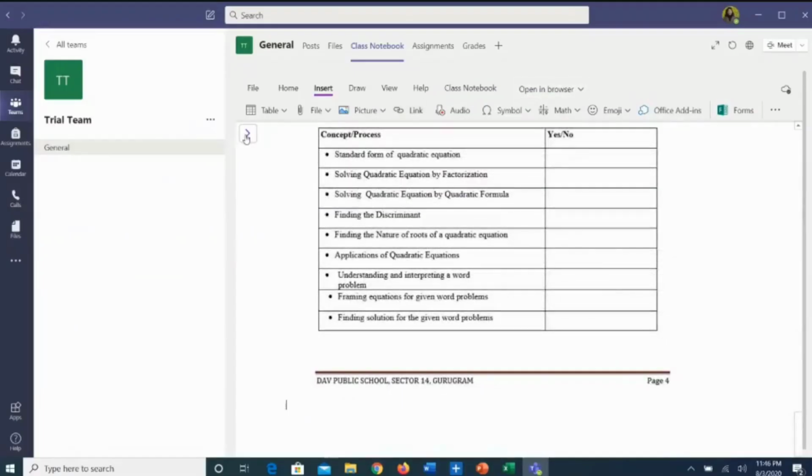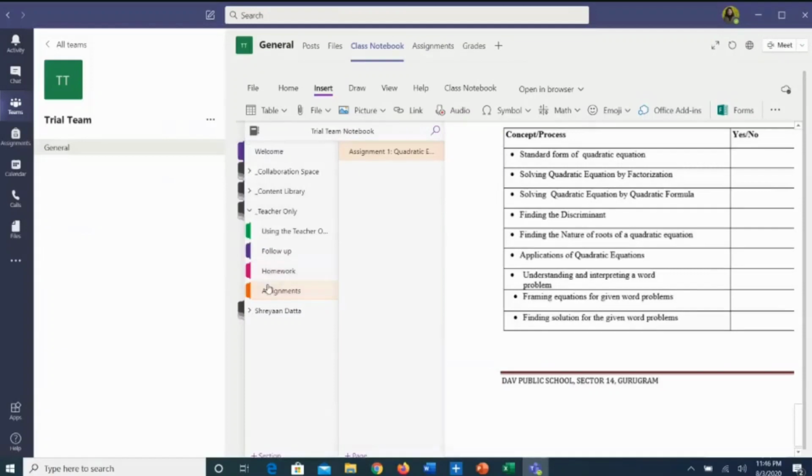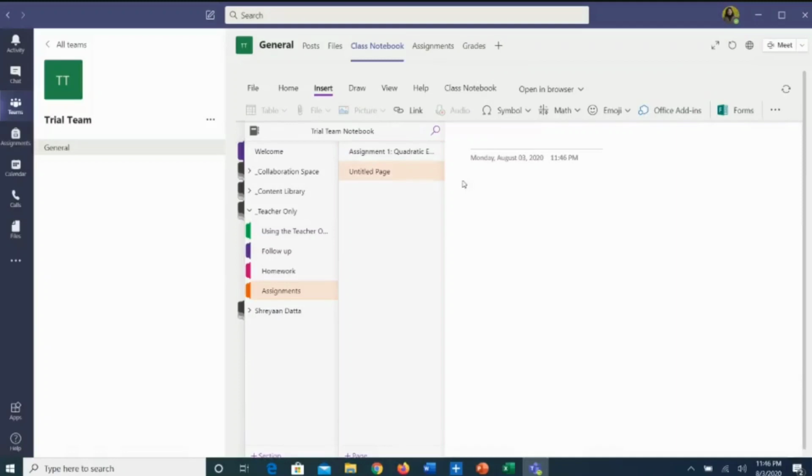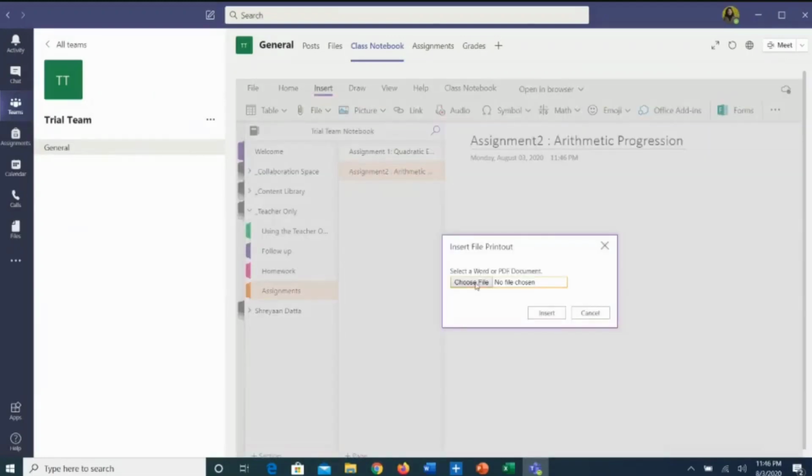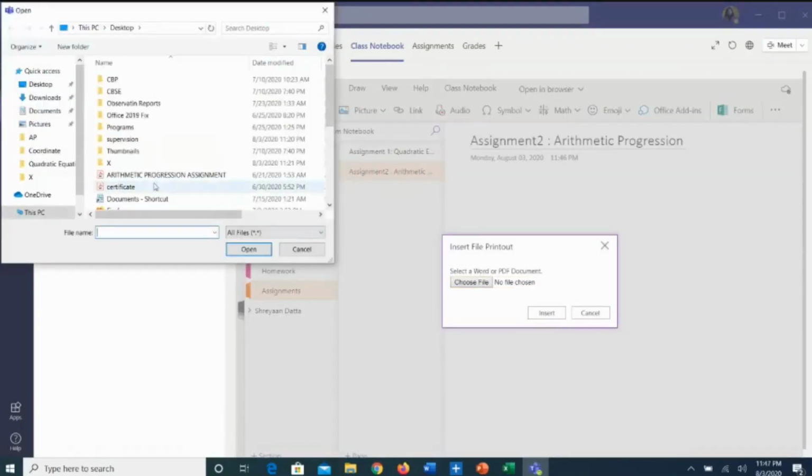Once this is done, I again go to the navigation panel, and I'll add one more assignment. I just go on to the assignment, and I right click here. On right clicking, what do I get? I just go on to the new page now. So I add the new page, and I am adding another assignment. I type assignment 2, and this is the assignment of arithmetic progression. So I type the heading. I go on to enter, and after clicking on that, I'll go on to insert, and once again the same procedure will be followed. I will click on insert as an attachment, and I'll choose the file of arithmetic progression. I will select that.